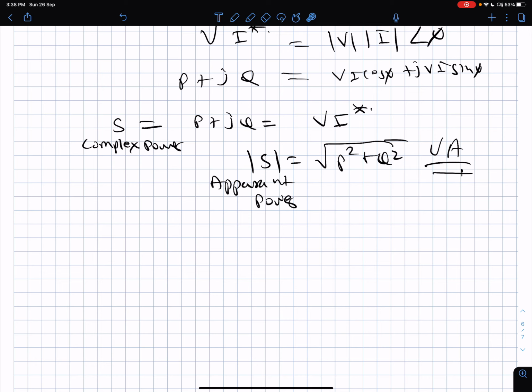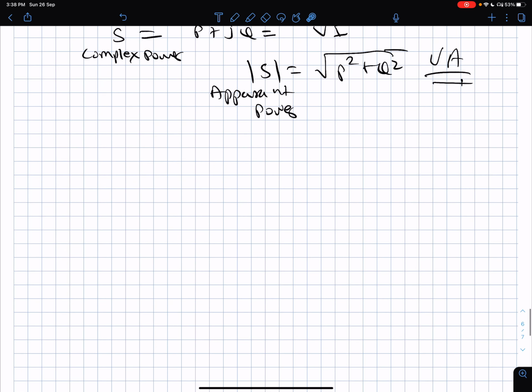So active power or average power, which sometimes I call real power. Sometimes I also use the word active power because active and reactive is another way of looking at it. That has unit watts. Reactive power has unit volt amperes reactive, so VAR, and apparent power, which is just the product of V and I, is simply volt ampere. So this is the convention that we have, and hence we can draw.